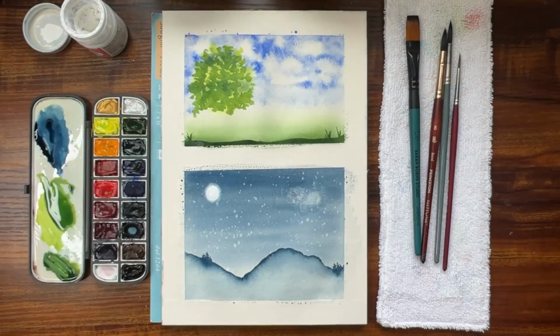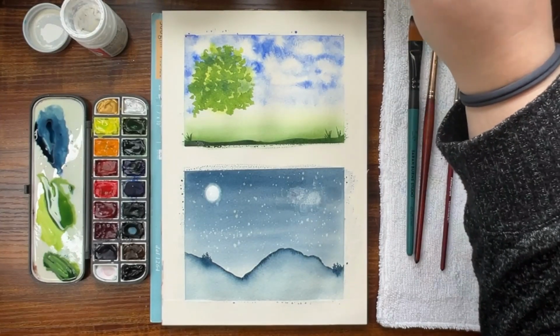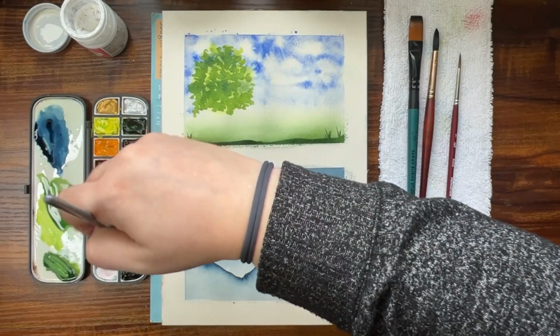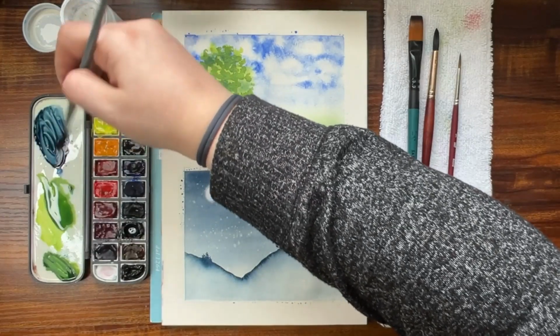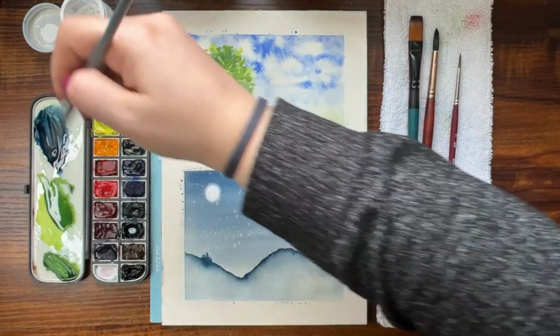All right, so on the bottom piece here, we actually are dry enough that we can go ahead and go in to do the absolute foreground. So again, going to add some more Payne's Gray to this puddle of blue that I have here, kind of getting it like a dark inky color. And then what we are going to do with that color